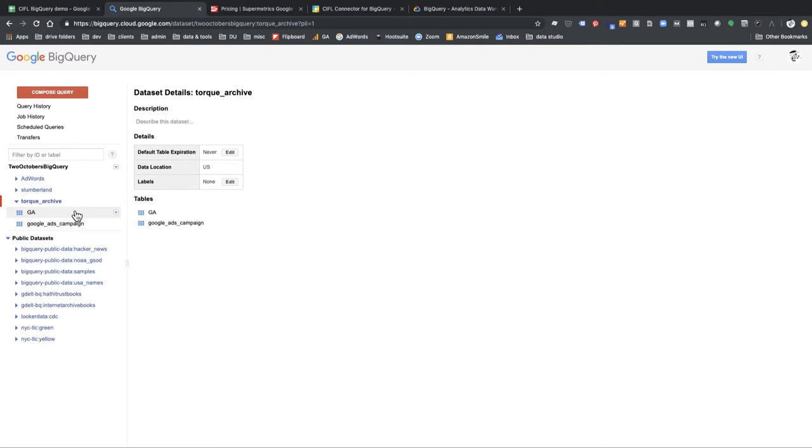I already had this up before I started recording this demo. So right now it's showing in that archive, which is the BigQuery instance that I selected. You see I had a couple of tables already created. If I refresh here,